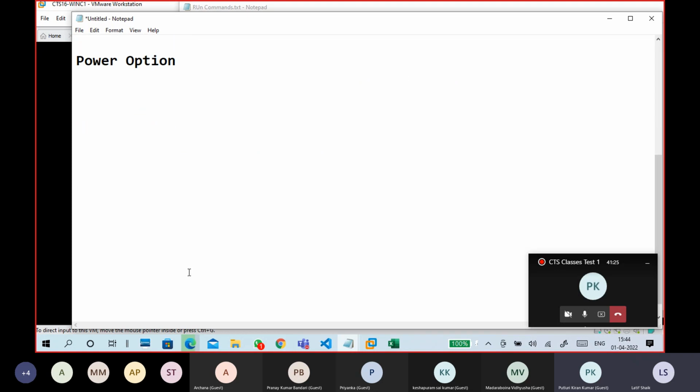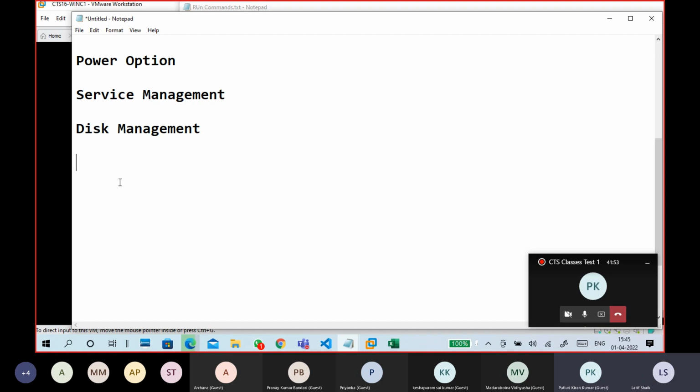First of all we'll go to the power options, then we'll see the disk management, service management. Some changes are there, so I will tell service management first. Then I will show you the disk management, device management.